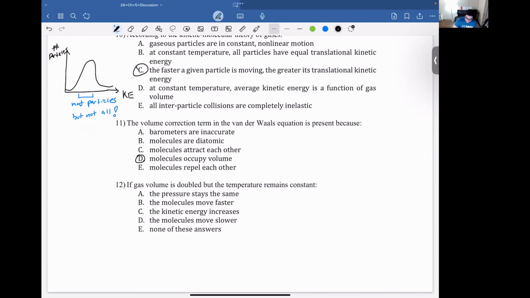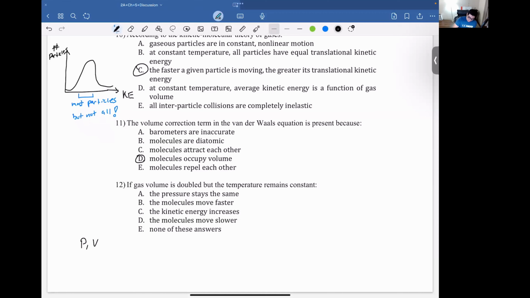Question 12 says, if gas volume is doubled but the temperature remains constant, then A, the pressure stays the same, B, the molecules move faster, C, kinetic energy increases, D, the molecules move slower, or E, none of the above. We're going to have to check all of these. So if you're checking for the pressure,